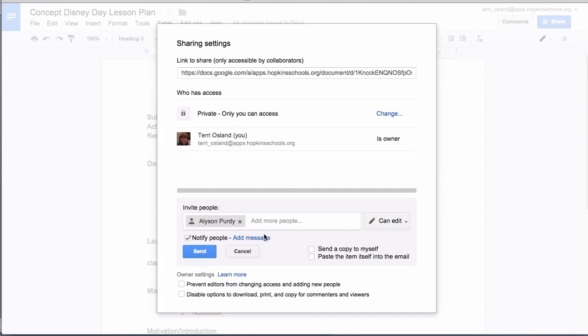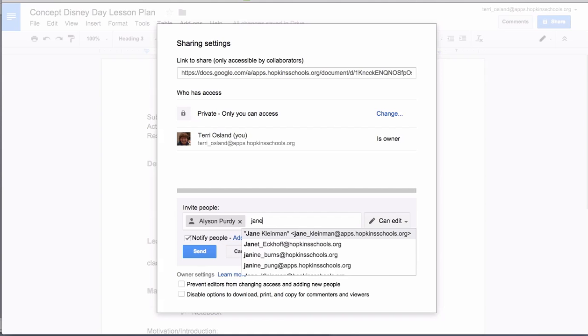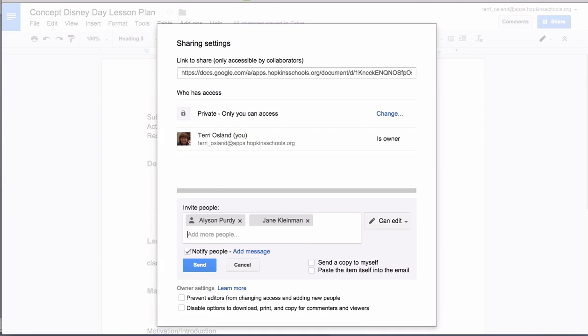So if I want to share it with Jane Kleiman, if I type in Jane, all the Janes are going to come up. That's why, again, I might just type in Kleiman. And as soon as I get to the M, she's the only person that's going to come up. You can hit Tab to enter that person into your invite field. Now, when you invite somebody or click the Send button, the default is that they will be notified via email, and that means it'll go to their Google Mail account. Most people in the district are forwarding their Google Mail to their hopkinsschools.org email address, so that would go to